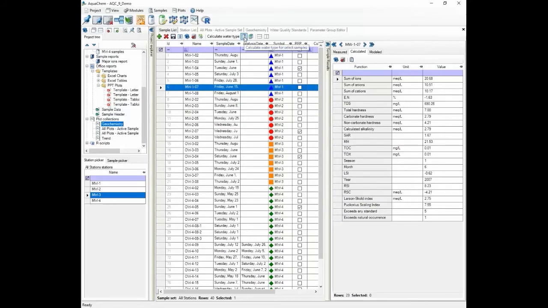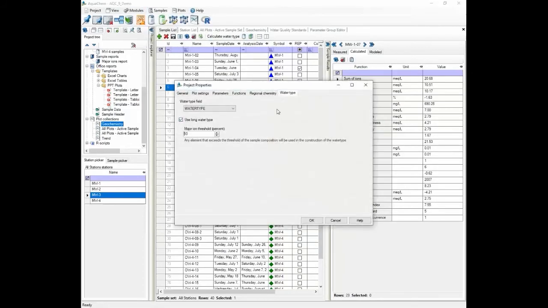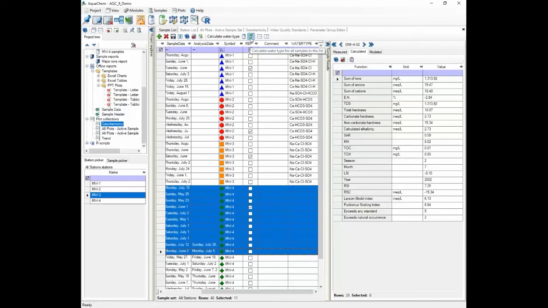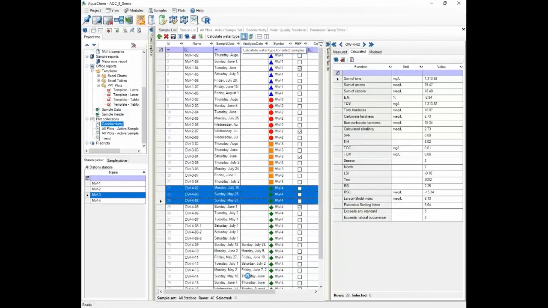Other calculations that you can perform are the water type calculations. So we can go into samples and show you how that's set up. You can calculate water type by mapping it to a particular field in your sample list, and then either using the long water type, which uses a threshold, a minimum percentage of the total ion content to include the water type, or just calculate the short water type by turning that off, and only the top anion and cation will be created. These automatically get populated here, and so if we highlight some of these samples, we could calculate it for the selected samples,